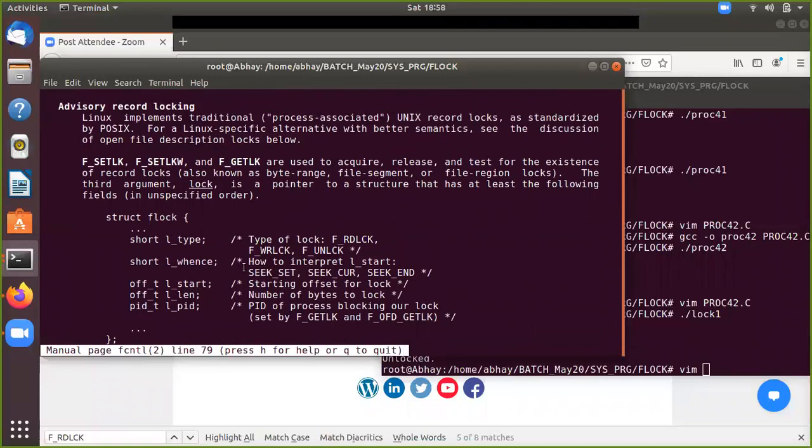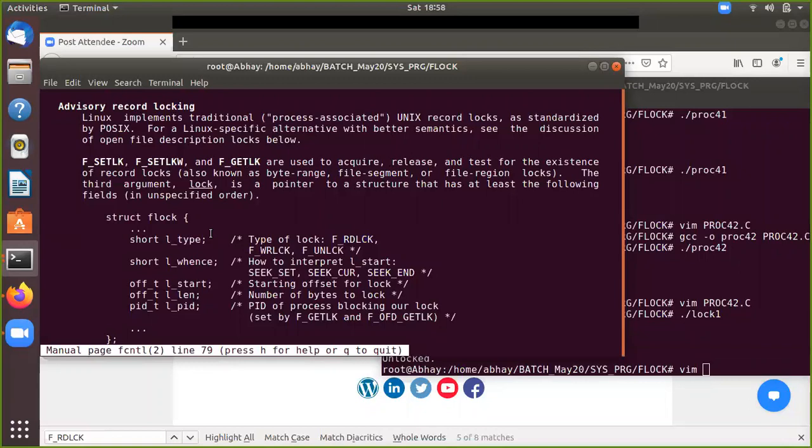So this flock: the type of lock, whence, start, length, PID. Now F_SETLK, F_SETLKW, F_GETLK are used to acquire, release, and test for the existence of record locks. F_GETLK is used to see whether the lock is available or not.